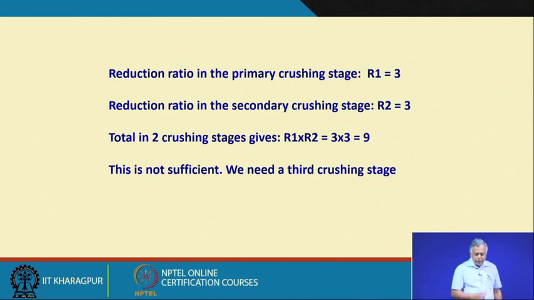Now, suppose we know the reduction ratio in the primary crushing stage is normally around 3, and even for the secondary crushing stage the reduction ratio is 3. That means F80 by P80 is around 3. So, if I have two crushers, one primary crusher and one secondary crusher, after the two crushing stages I will get a reduction ratio of R1 into R2, that is 3 into 3, that is 9, but our required